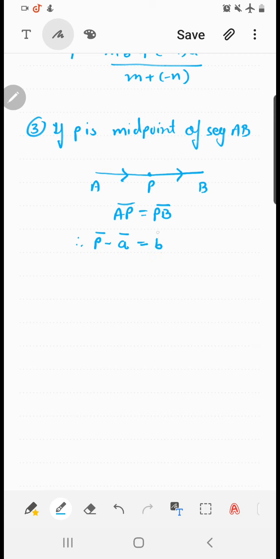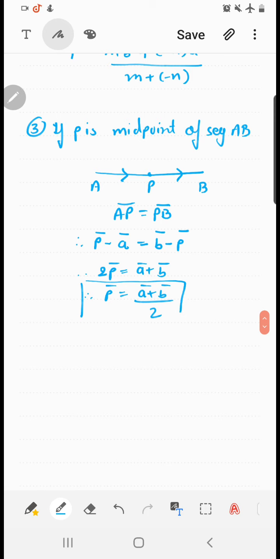Here we can also write position vector of terminal point minus position vector of initial point. Let's group P bar on one side. So can I say 2P bar is equal to A bar plus B bar, and eventually we get P bar is equal to A bar plus B bar by 2. And if you can recall, was this not the midpoint formula which we used to call sum by 2? In exam when I say midpoint, I would directly go for sum by 2. So there is no need of diagram and proving all this. Directly remember midpoint means sum by 2.